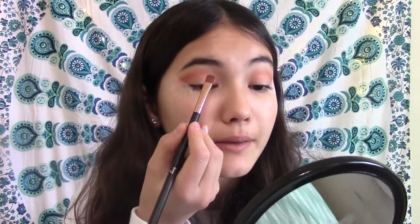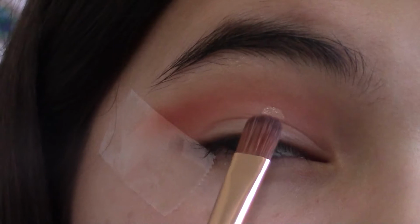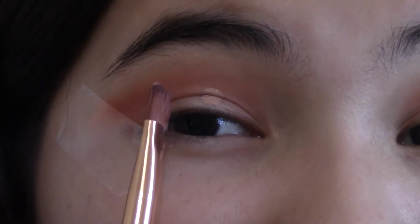And it's time to cut the crease. So we only want to go about a little bit longer than halfway. We're not going all the way because then it won't work out, but we're going to take a little bit, dot it on, open our eyes, close our eyes, and it'll give me where I want the cut crease to happen. If you can see, it was originally just a dot, but then when I opened it, it showed me where the rest of it's going to be. So I'm going to just drag it down until I get to about this area right here,